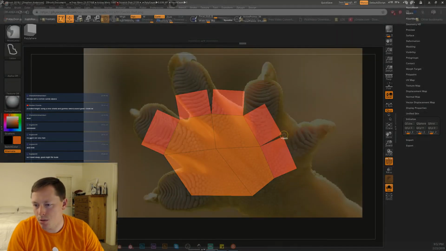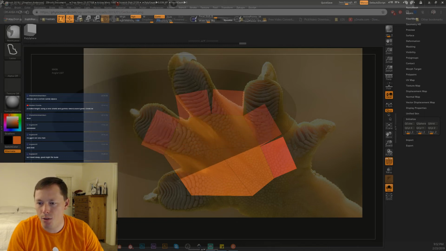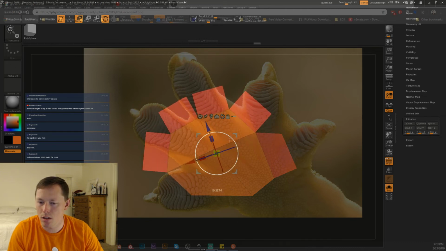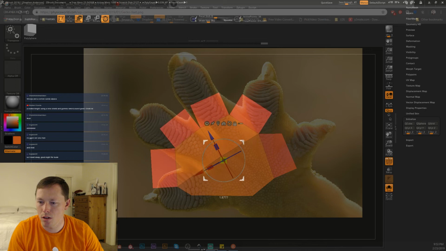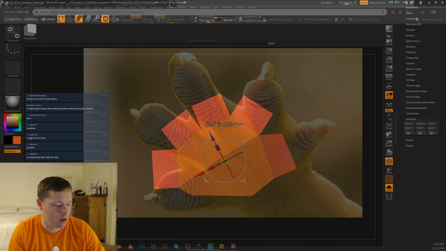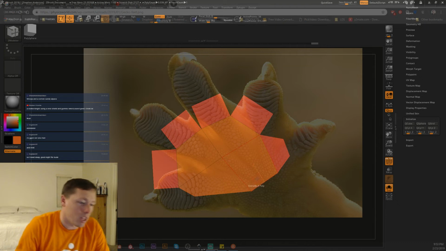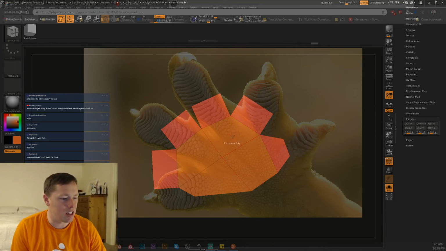Let's see if we can get this rotation to be just right for what we want. Okay, now a lot of this, I'm not going to be keeping clean topology, I don't think.